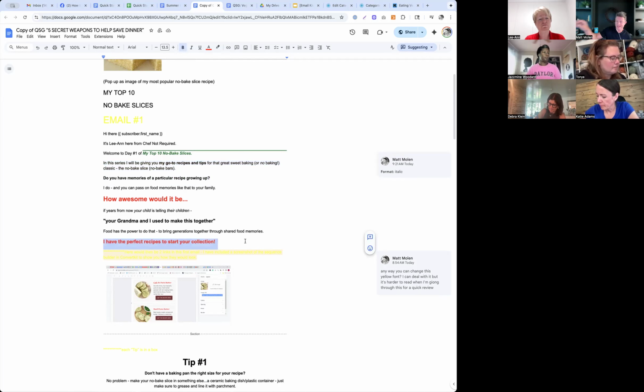And then you're doing two recipes a day. And the last day, day five, I've got three. Do you have more than that? Yes, I do. Slice again is Australian. Some of them can be baked or no bake. So as far as no bake slices, I've got a few more of them, but not a lot more.